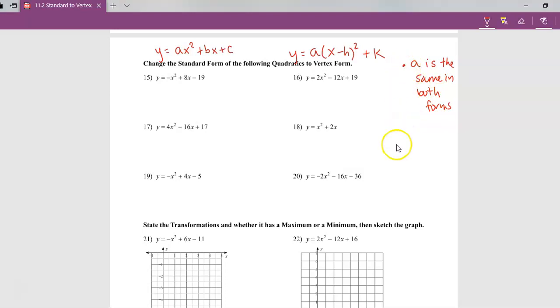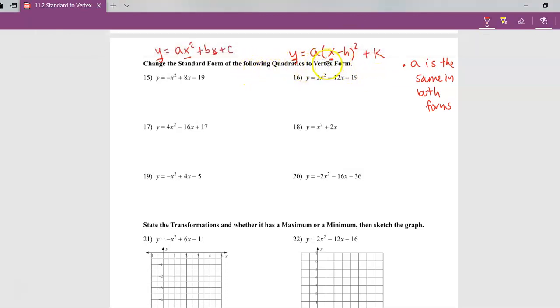Okay, so that's just kind of a note we need to know. A is the same a. In these equations, a, b, and c may change, but if it's a quadratic and it's in standard form, x squared and x and y won't change. Those will stay there all the time. It's the same with the vertex form. Y and x are always going to be here. That squared will always be there. It's a, h, and k that we need to find to get it into